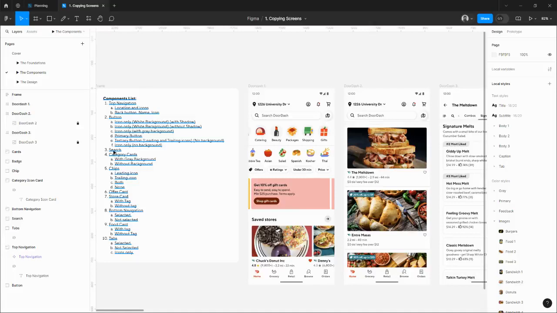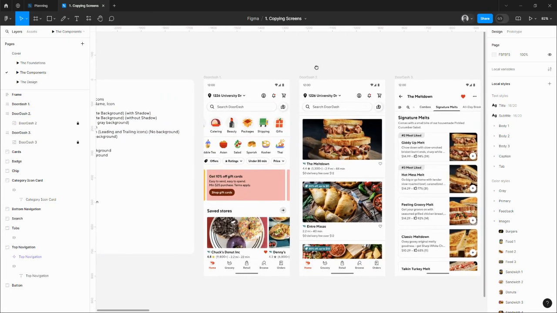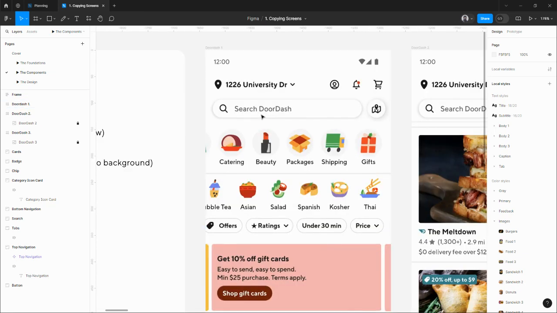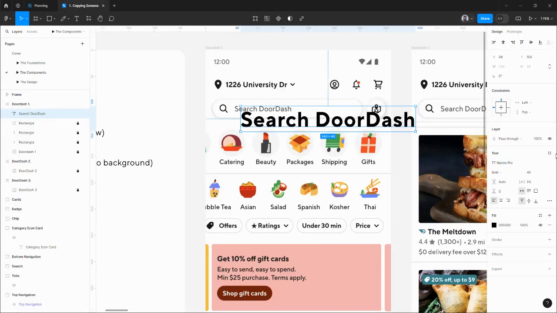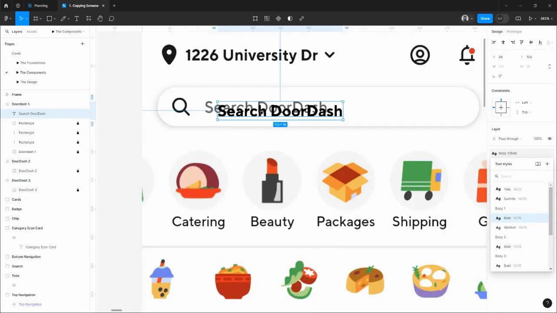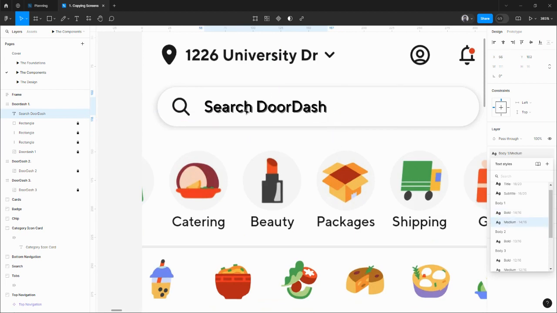So in today's video, we will be making the search. Okay, first we need to hit T on the screen and write this dash. It is obviously big, so we're gonna apply the font that is suitable. So is this, now it is regular, medium. Yep,